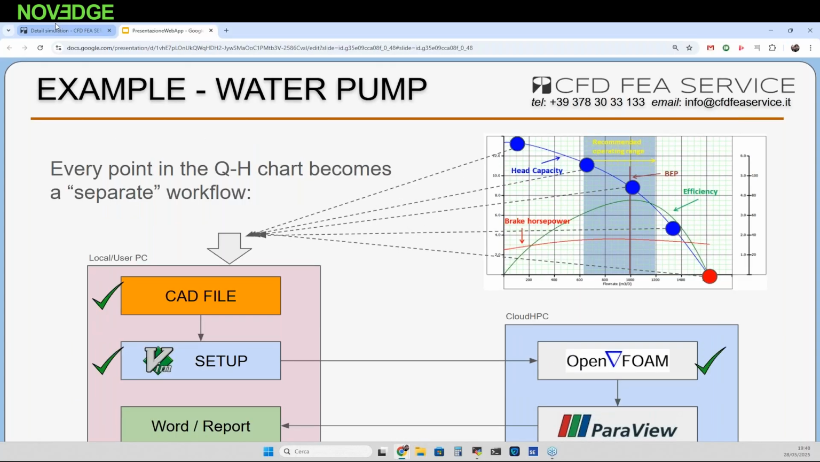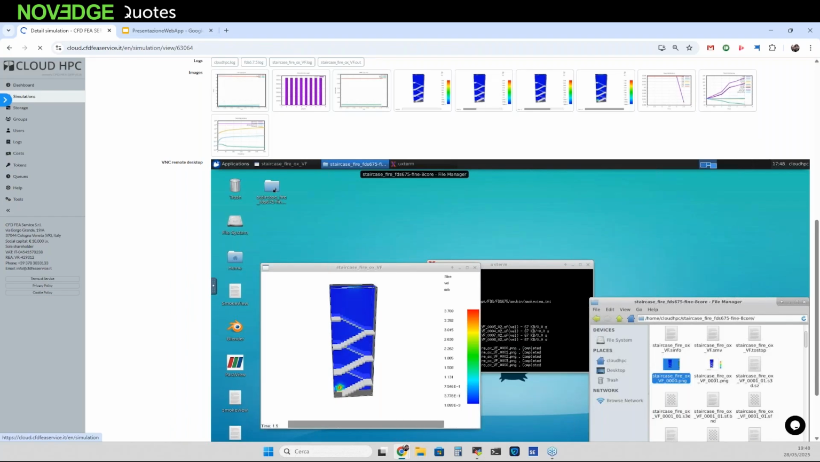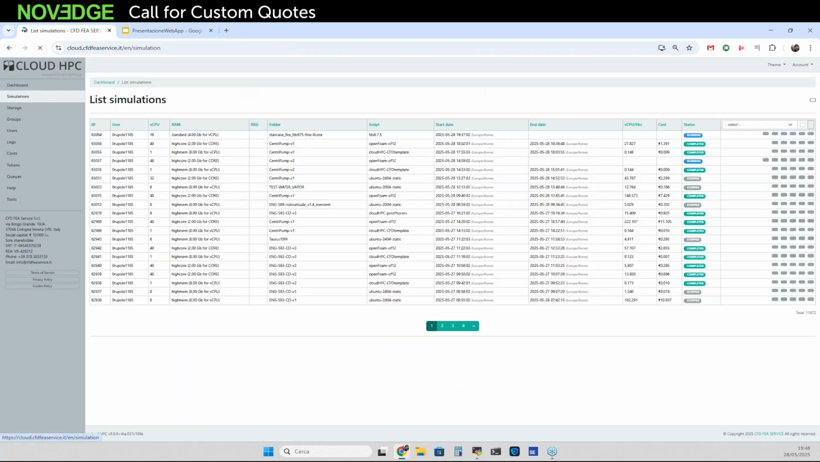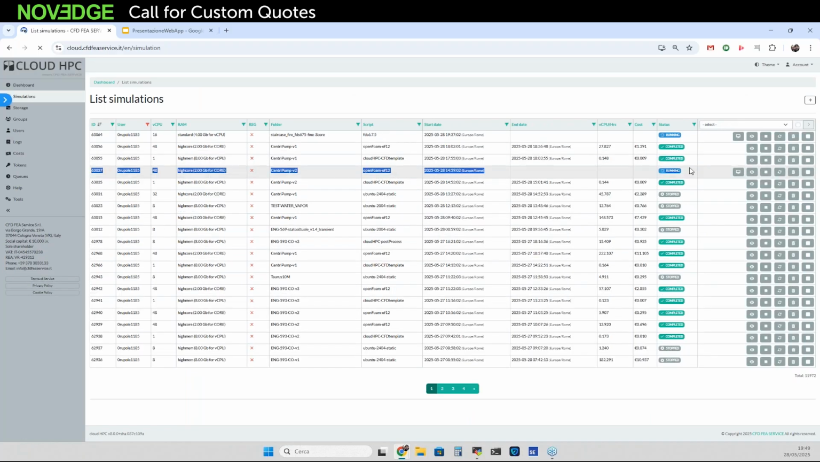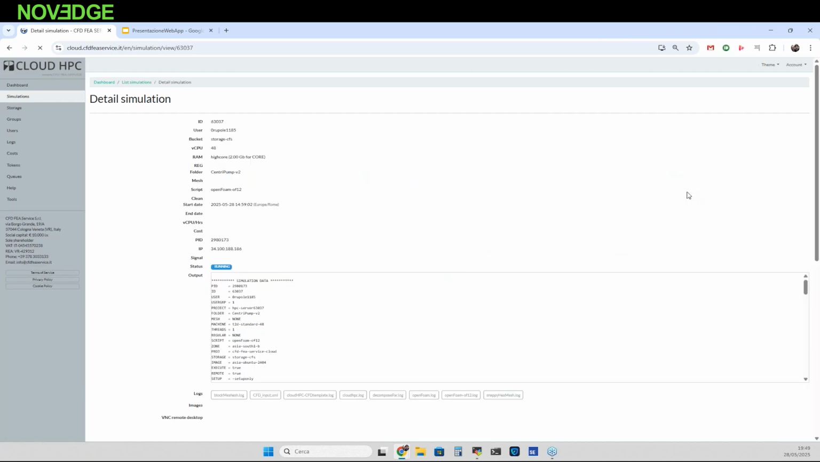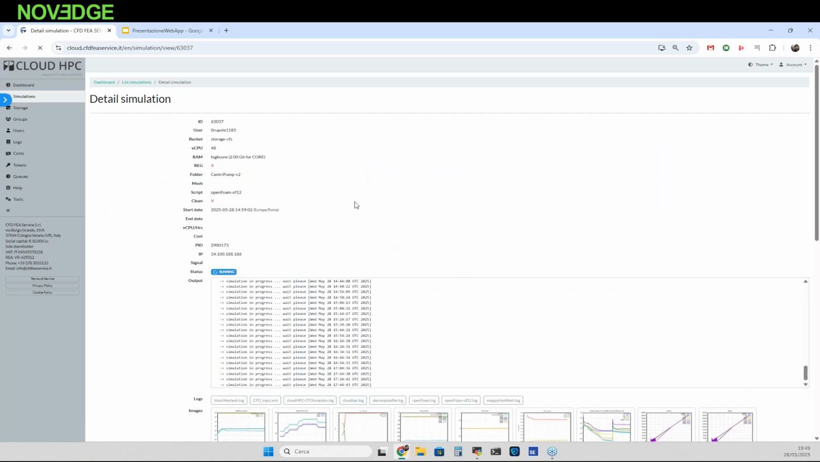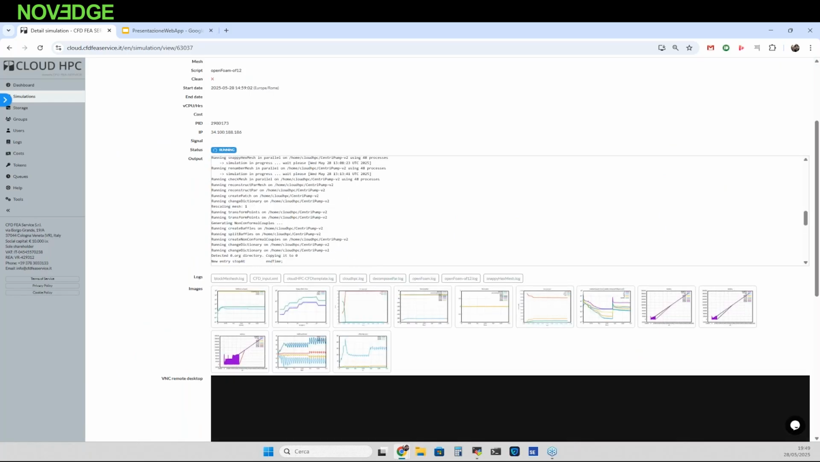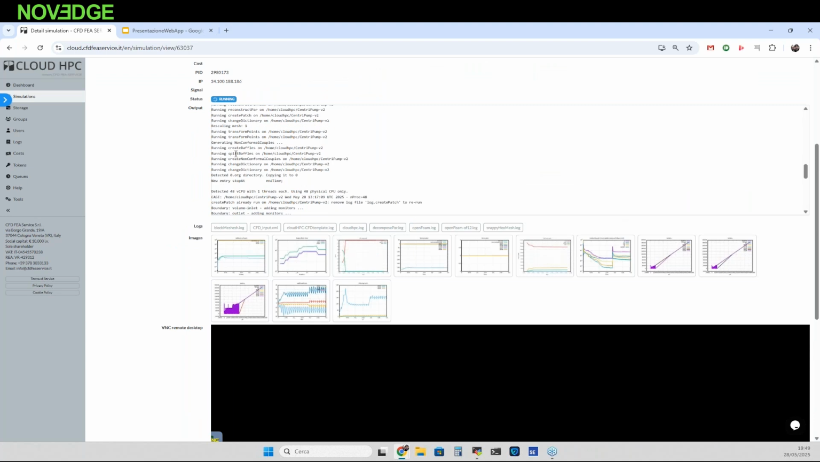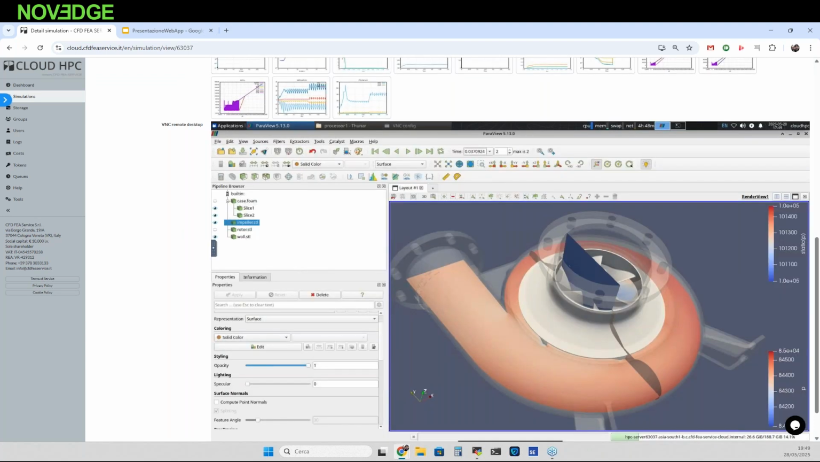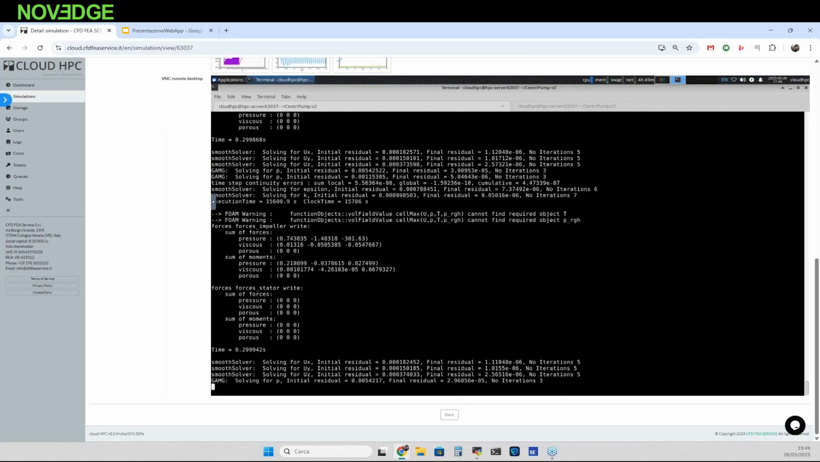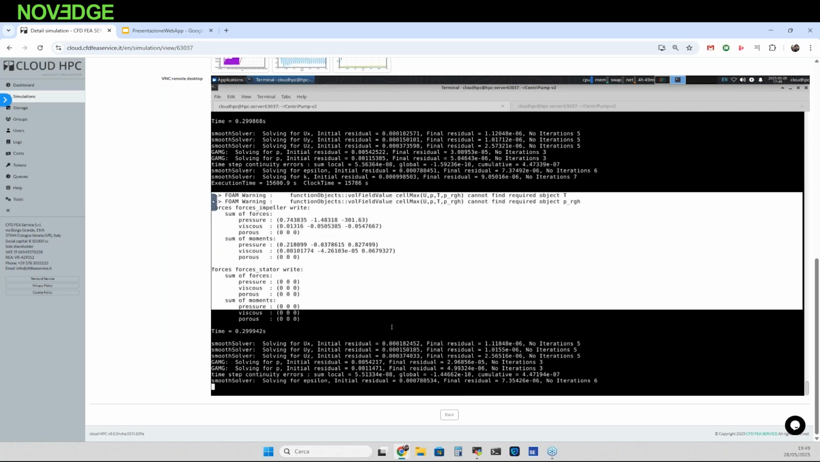In this particular case, I go back to the CloudHPC platform. So I go to the simulations, and here it is. I have prepared it earlier for you, this particular analysis, which is running. I launched it about 3 or 4 hours ago. And as you can see, I get in the log all the information about the analysis being performed. And obviously I can open log files like in here,